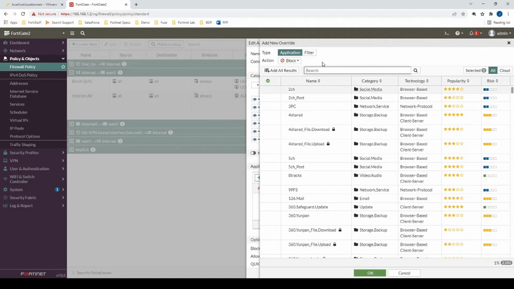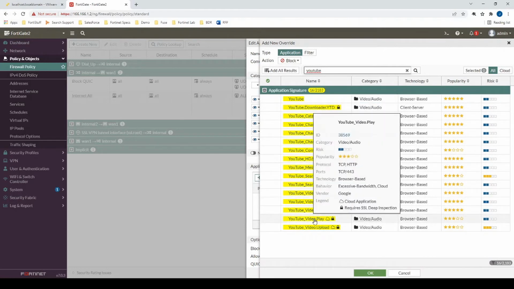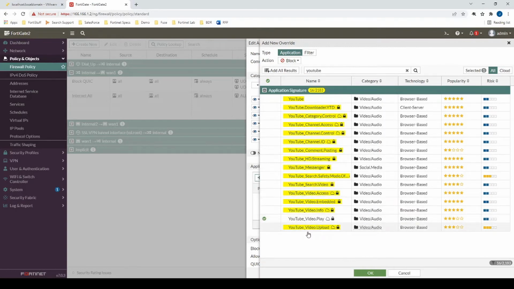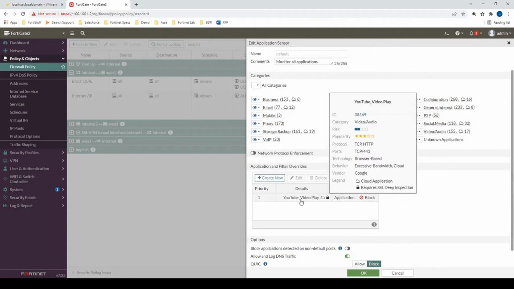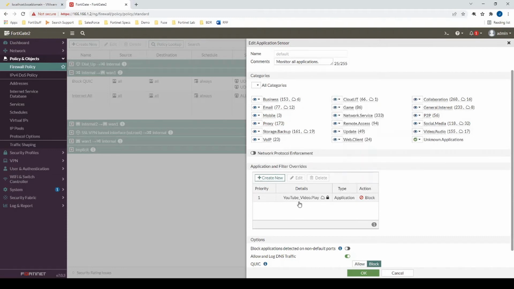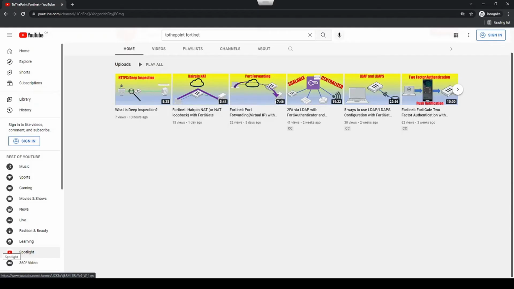So let's use a YouTube example. Maybe for whatever reason in our network we have some reason to allow people to access YouTube, but then not to actually play those videos. So if we add an application override and we say, okay, we just want to block that access, because we have the visibility to that traffic, we can actually now see when a user actually clicks the play button after they've accessed YouTube. So let's go ahead and apply that, and then let's go to the client and test it out now. All right, and now when we click on a YouTube video,